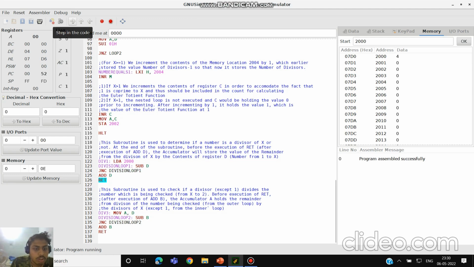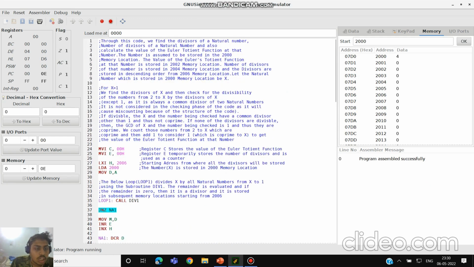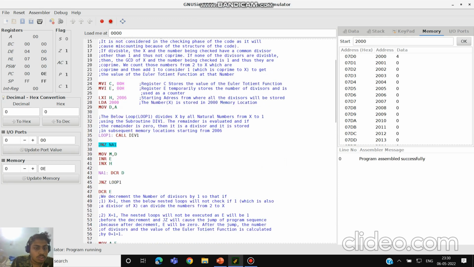accumulator, and so when we return we have the accumulator holding the value of the remainder. As you see, for the first iteration, the division was of 4 by 4. The accumulator was the dividend, D is holding 4, and the accumulator was also holding 4 at that point. So what happens is, because the remainder is 0, that means it is a divisor. So D is moved to M,